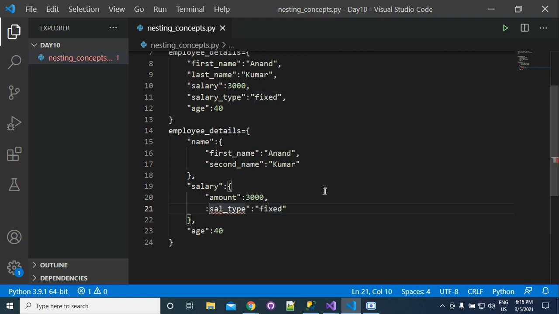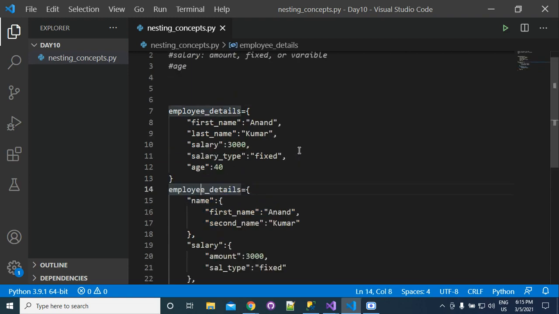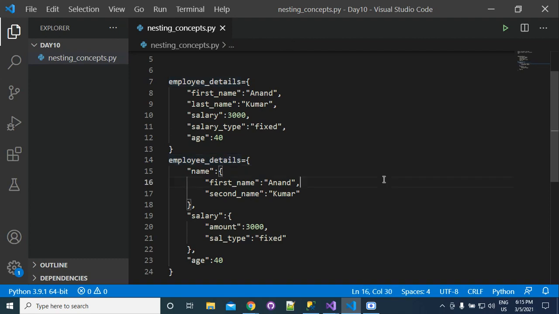Because every component related to values is in the exact place where it should be. So that's why we use nesting. Is this clear, everyone? Yes, sir.